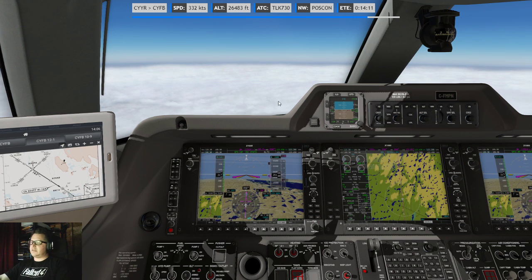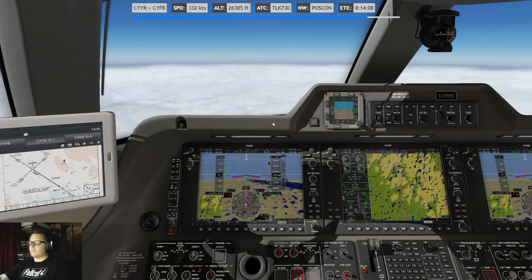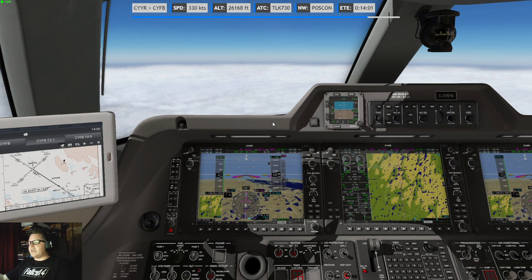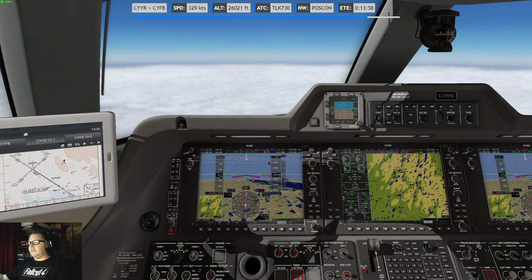All right, let's do a call. Iqaluit traffic, Starling 730, roughly 85 miles south of the airport, passing 26,000, descending 2,300 for the RNAV 16 approach.